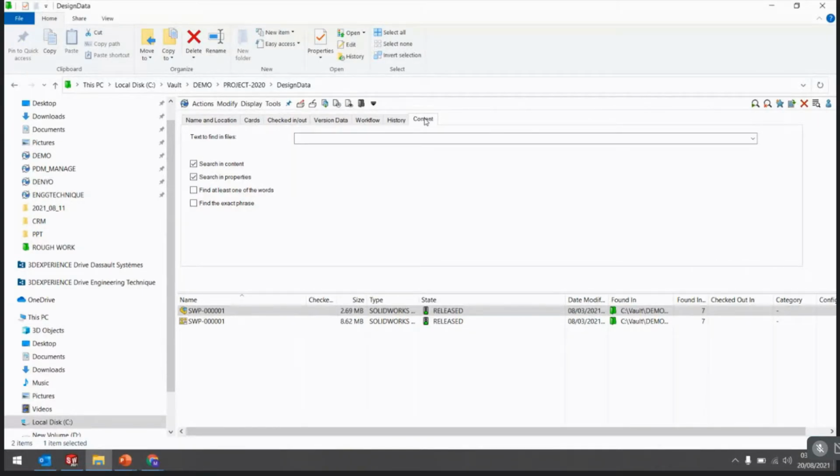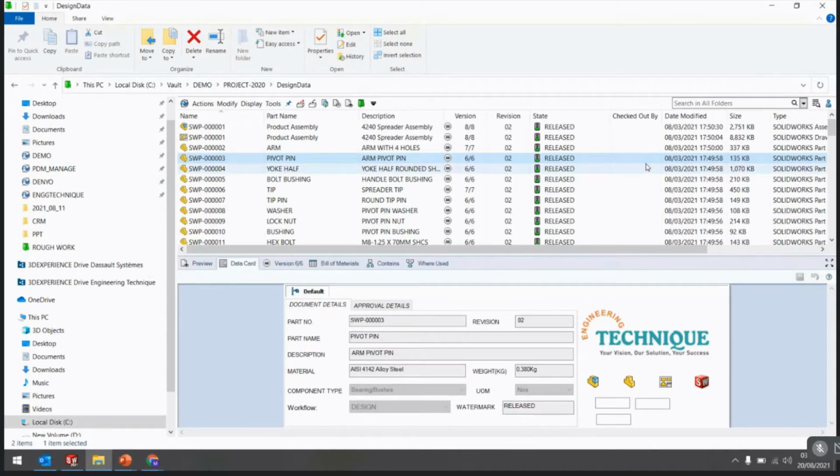For example, if you enter any word in a file, in a Word file, suppose you enter the word quotation, and you don't remember, you only remember that you created the quotation. You can also search with this function. That search of the file content in PDM we call content search, right? So this is very powerful and simple to use, and we get all the information on our interface.